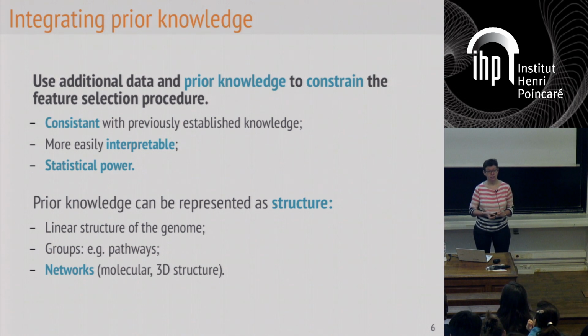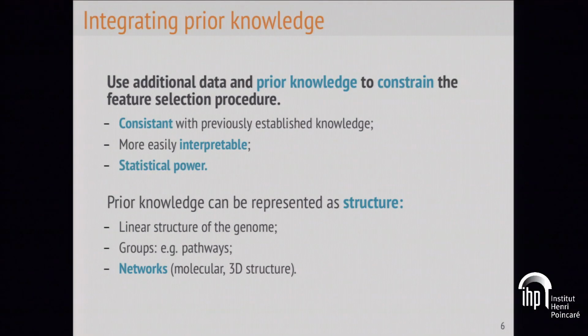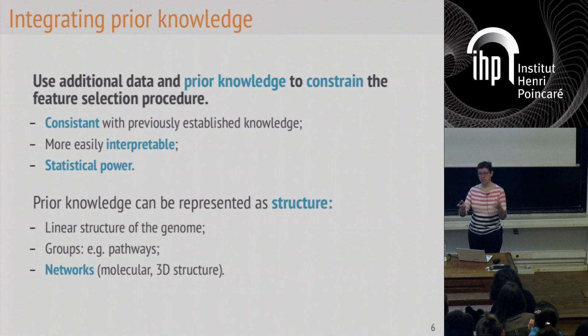The groups you can have are genes that work together, which are called pathways. But you can also have networks over your genes, over your regions of the genome. You can have different types of networks that encode different types of information about the relationship between the genes, but the idea is that you're going to be able to build a network where the nodes are features and the edges indicate some sort of relationship between the features, and you have a strong belief that features that work toward the same outcome tend to be interconnected in that network.